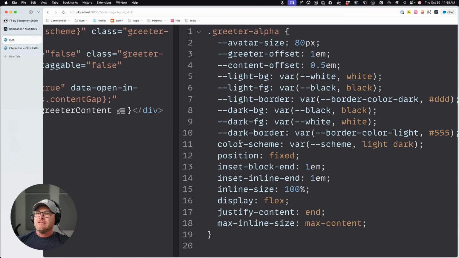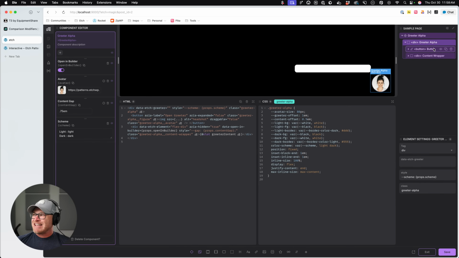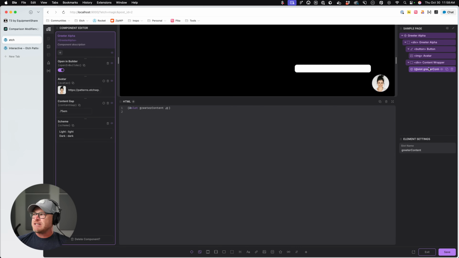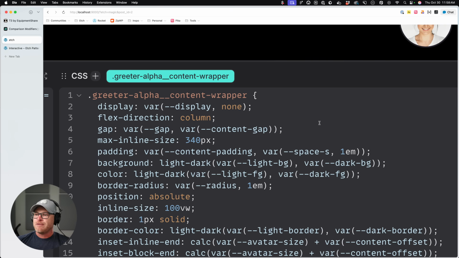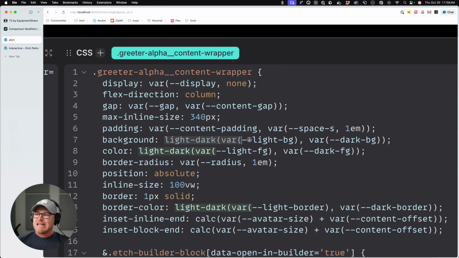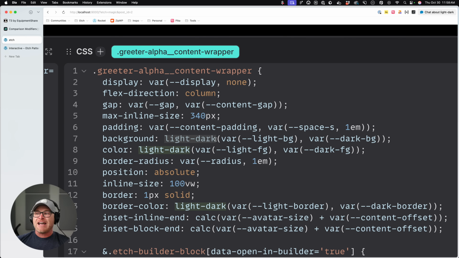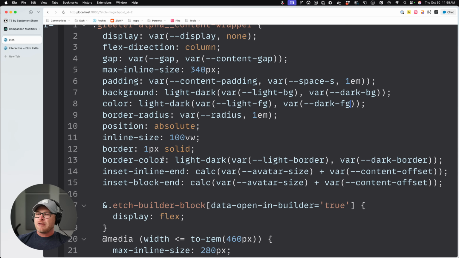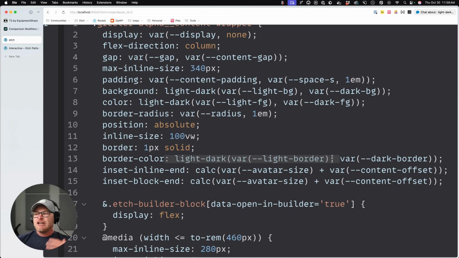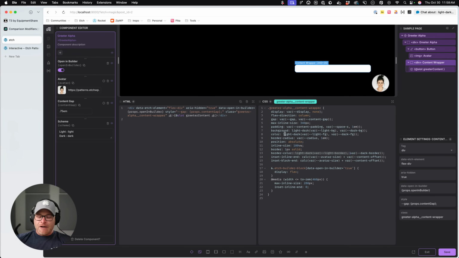Then what I did, if you're looking at styling things, you go down to things that need to be styled, such as the content wrapper, and I'm using the new light-dark function in CSS. Essentially, when I'm defining the background property, I can define here's what it should be for light, here's what it should be for dark. Then I define the text color, the foreground: here's what it should be for light, here's what it should be for dark. And when you come down to the border, here's what it should be for light, here's what it should be for dark.